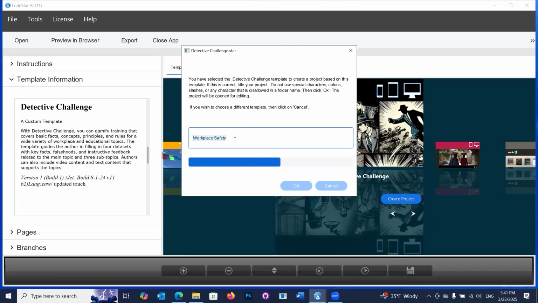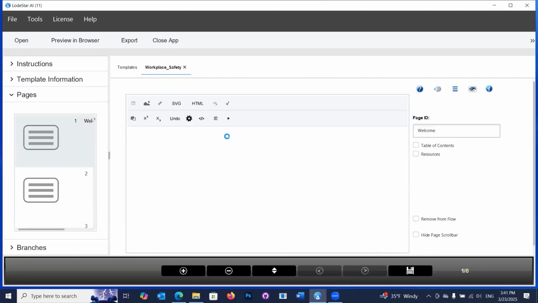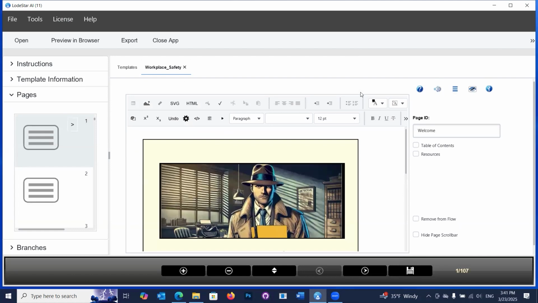Now, I can export this project to a learning management system following general standards such as SCORM, multiple flavors of SCORM, as well as CMI5, or I can simply place the workplace safety folder onto a web server and point to the index.htm file. So here we are in the HTML editor, page 1 of 107,